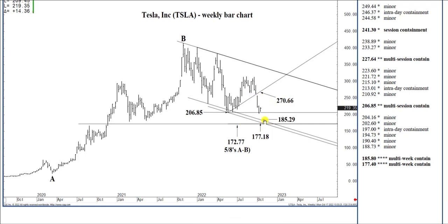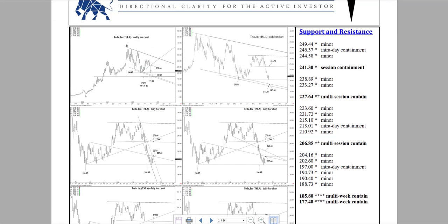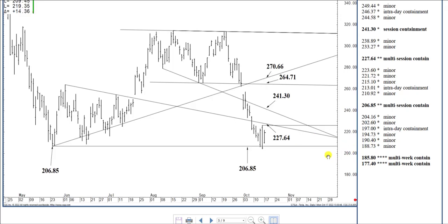The big question is whether we'll have a meaningful counter trend rally back into the 260s before we continue south into the 170s, 180s. Let's take a look at the upside again, and I'm going to show how the 227.64